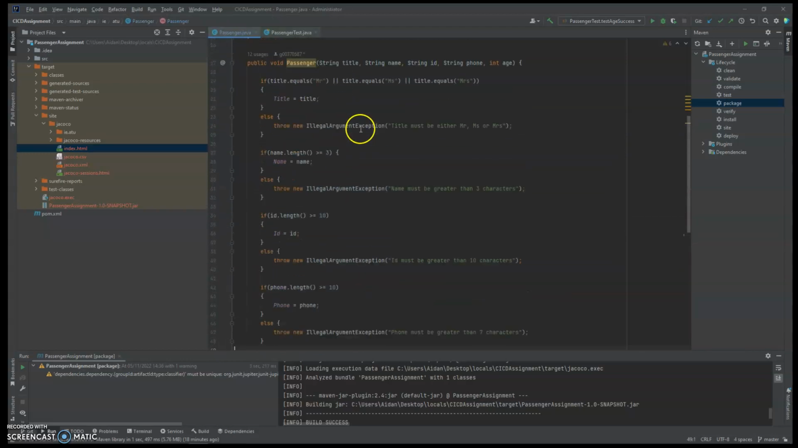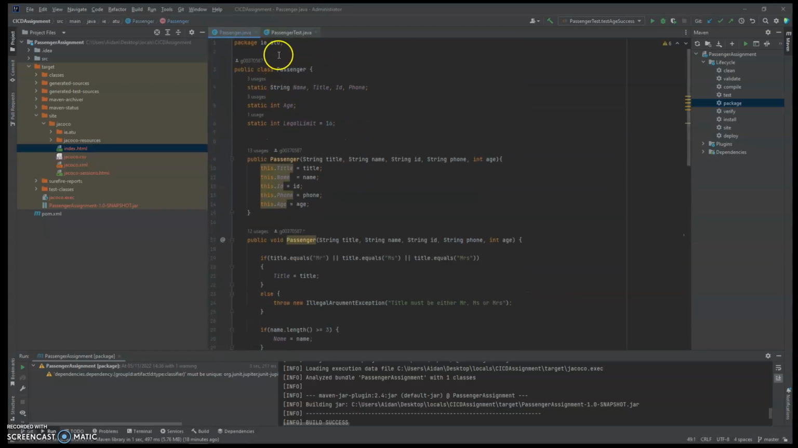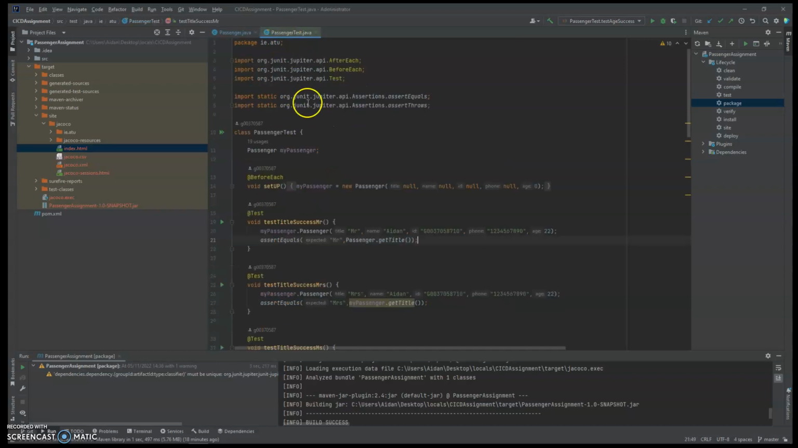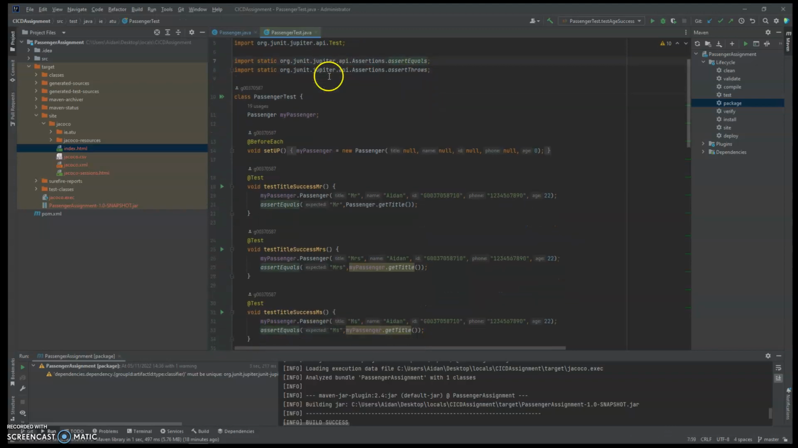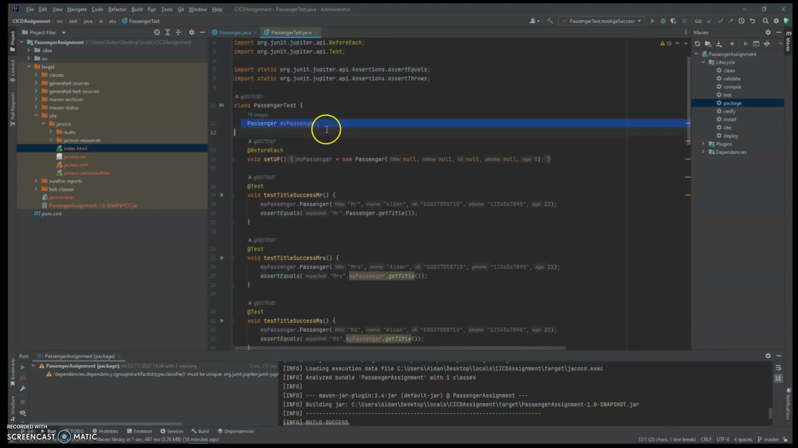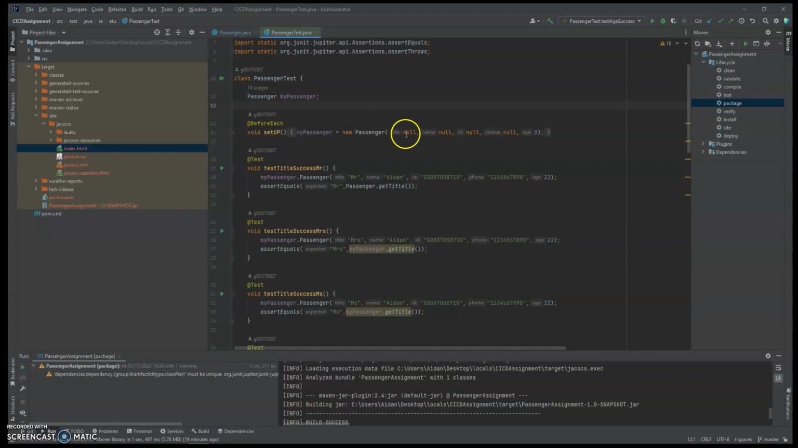G00370587. In the passenger class, we create the passenger class. Well, initially we create the test class. Apologies. So we create the test class, set up, import all we need. So initially I started off creating a singular passenger from the passenger class for the object we created. I create a void setup so that there was just a null passenger created. Then in each test we check for each constructor's